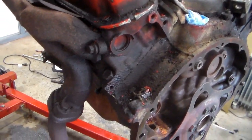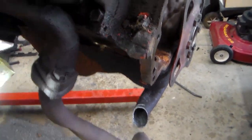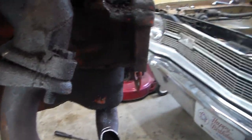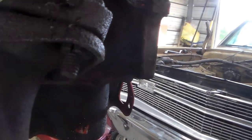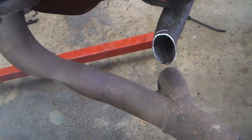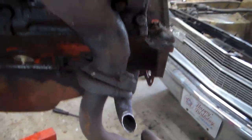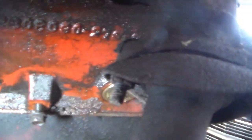You know, that's pretty common for these. I see it's still got the locks on the manifold bolts. There's no chance those are coming loose. See how busted up those were. So this was talking about this wide pipe. It's constricted and folded and all kinds of stuff to get under there. But the reason why this engine had to come out is I had blown out freeze plugs, and